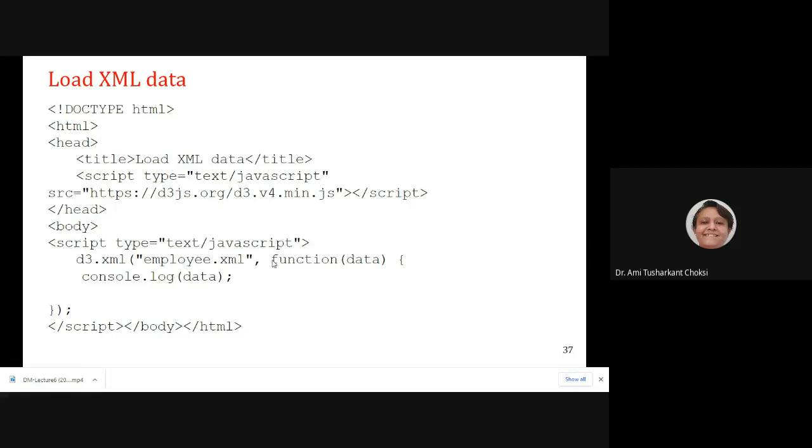For this, when we are loading, we have provided the action. And what is that? A function, and whatever data is read from this file is passed to it. After that, in the definition of it, we write console.log and data, right? This is what we are doing for loading the XML file.